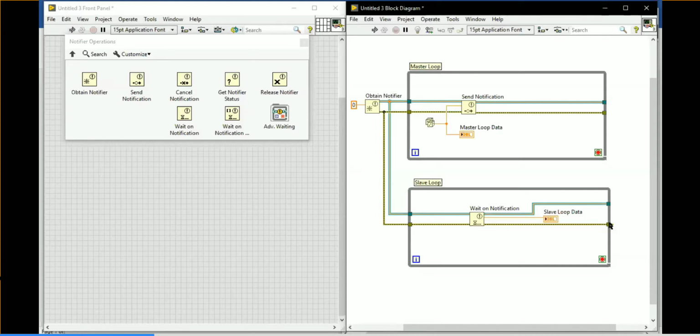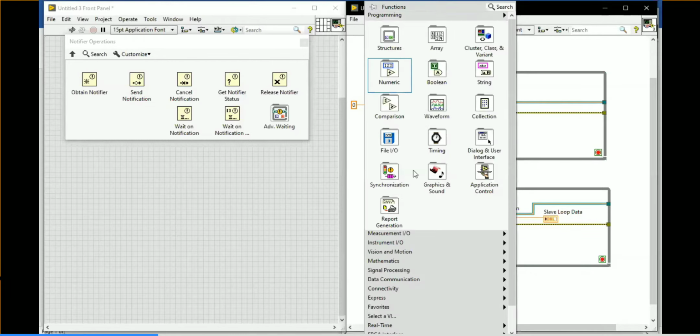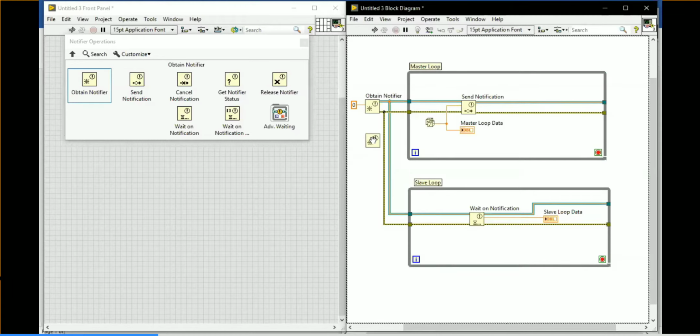Which one will you use basically? I want to use a stop local variable. Yes, you can use a local variable, or else I will not go for a local variable, sir, because we are avoiding the local variable problem. A tunnel will not pass the value: this loop will run all the time, and only after stopping this loop will it come to the other loop. Rather than a local variable, the best one you can use, because we are using it only one time, is to consider using one more update notifier function. So simply take one more update notifier function.